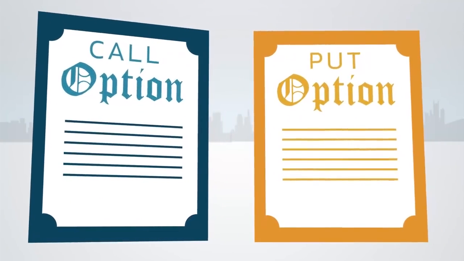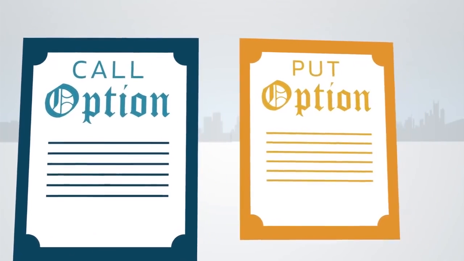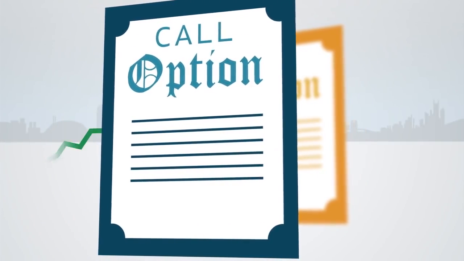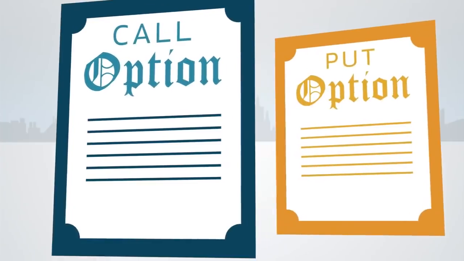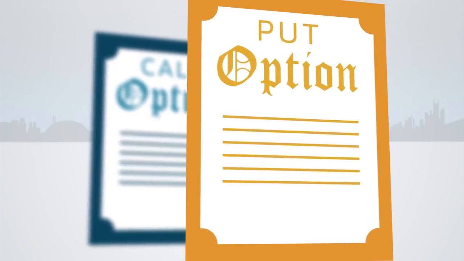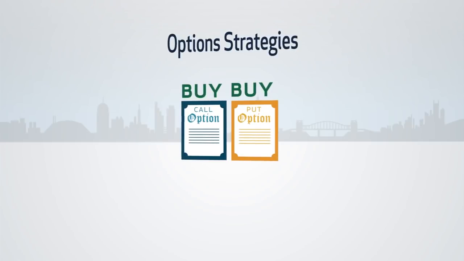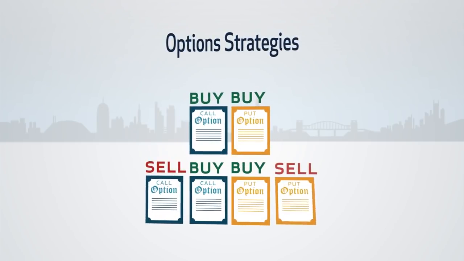While we showed you one example, options can be used in a variety of ways. There are call options, which we just saw, that can be profitable to own if the price of a stock goes up. And then there are put options, which can be profitable to own if the price of a stock goes down. Calls and puts can also be combined in a variety of ways. By buying and selling these options,